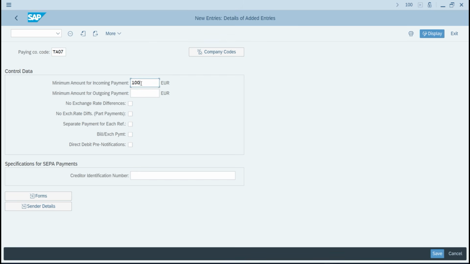Minimum amount is 100 in incoming payment. So for outgoing payment, minimum amount is 100. Now